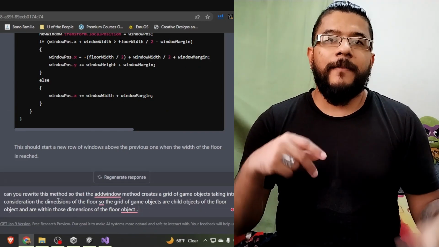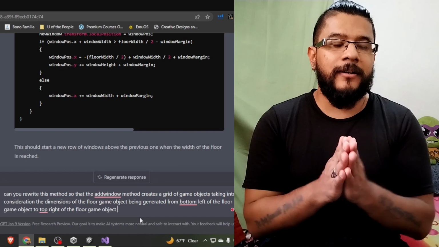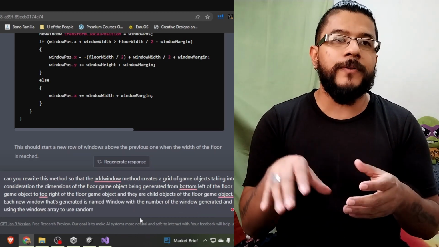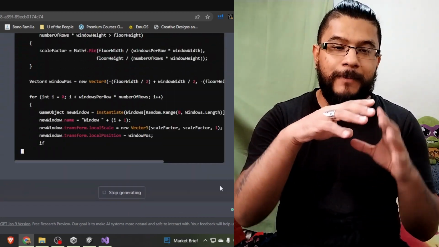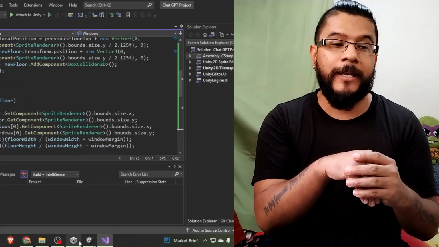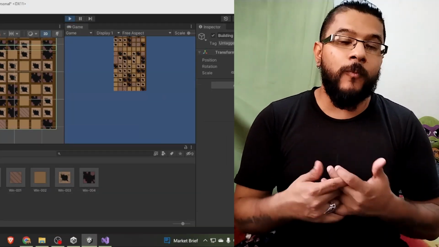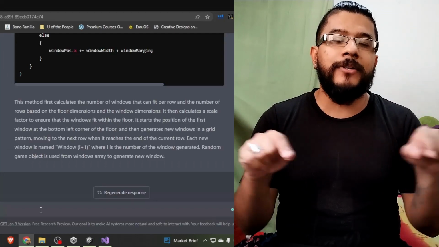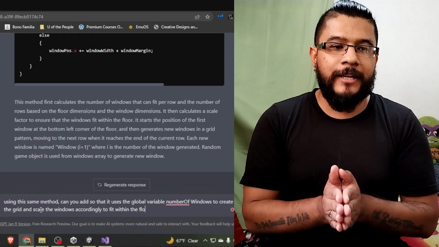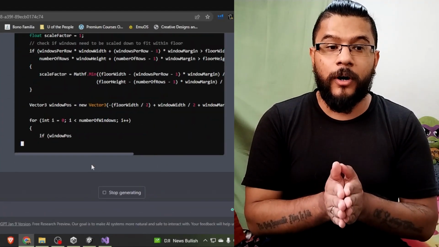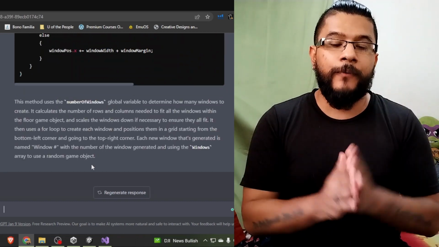And then at the end of the loop, after it's made one floor, the add floor method calls the add windows method. And then in that windows method, it uses the dimensions for the floor to add the number of windows I